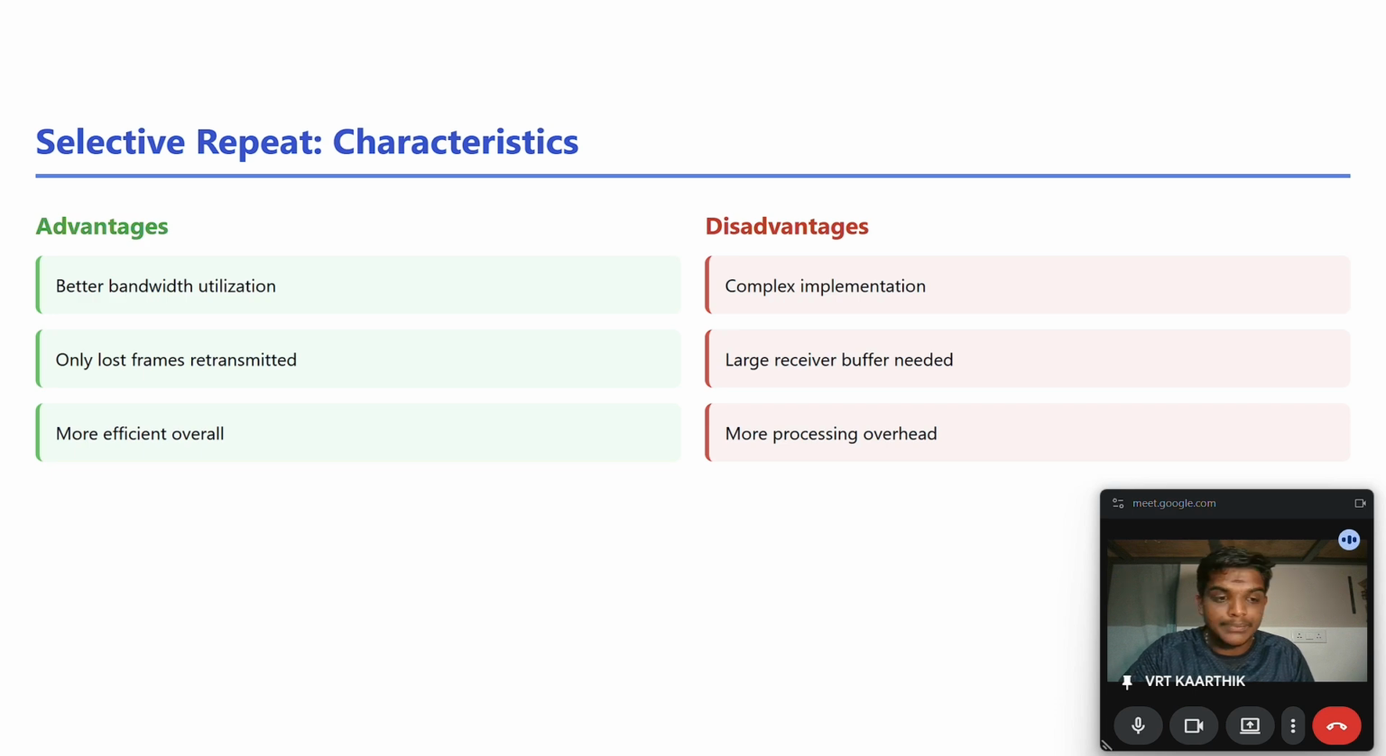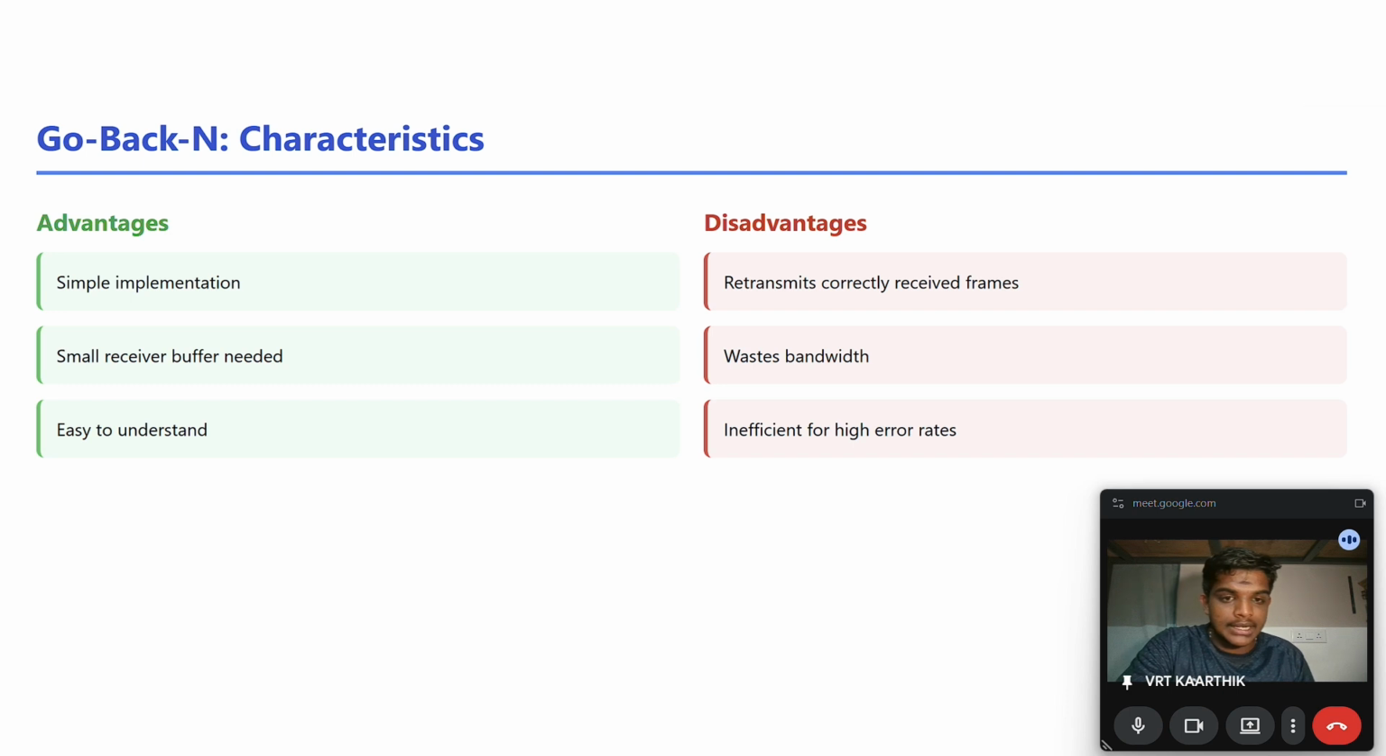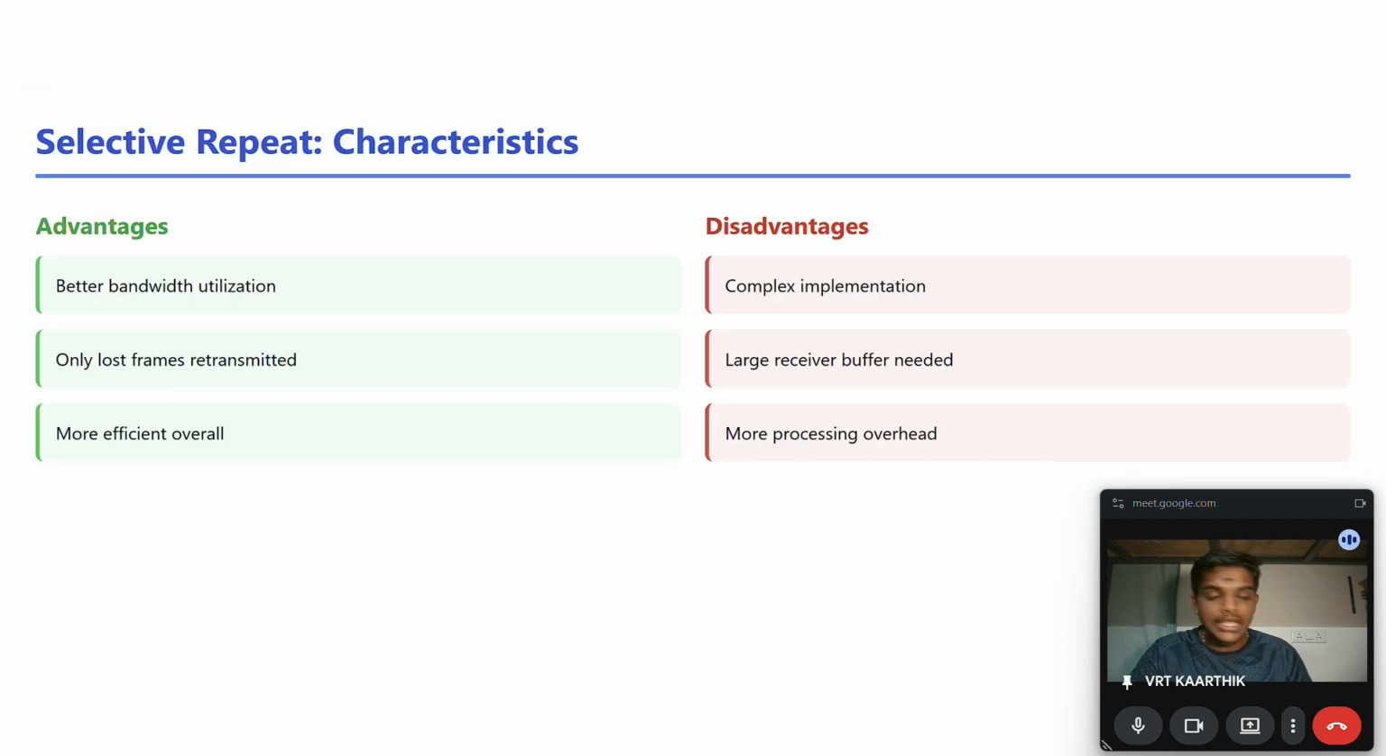It only transmits the frames which are lost. The disadvantage of Go-Back-N is that it retransmits the correctly received frames also, but here it only retransmits the frames which are lost, and it is more efficient compared to Go-Back-N. The disadvantage here is it is more complex to implement, and it needs a larger